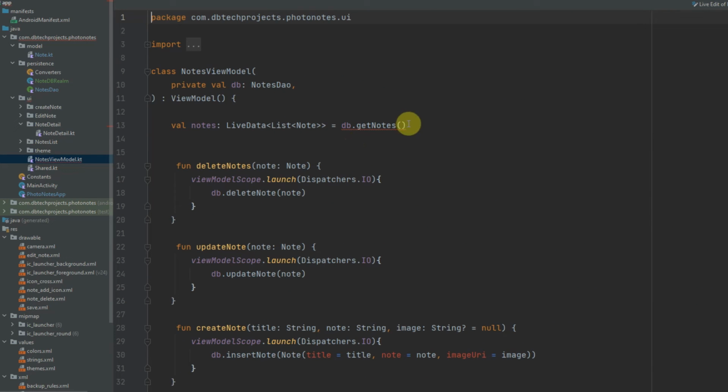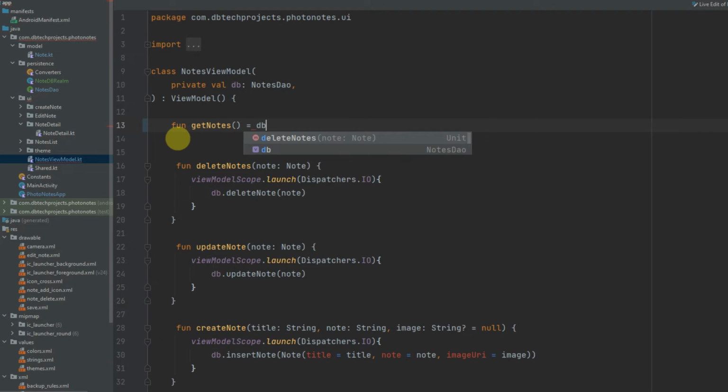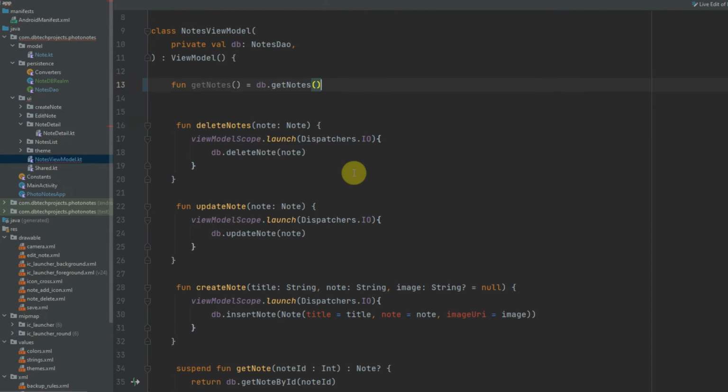So firstly, in the Notes viewModel, we will no longer have this live data value, and that will be replaced with a function called getNotes, and that will return db.getNotes. Now, in our old implementation using Room, we were retrieving and editing all of our notes on the background